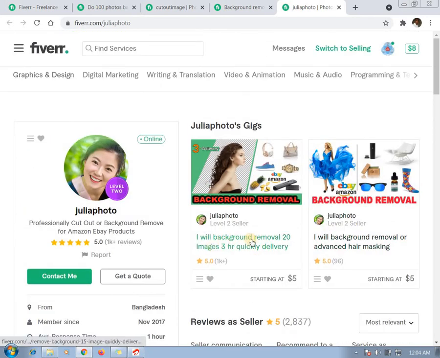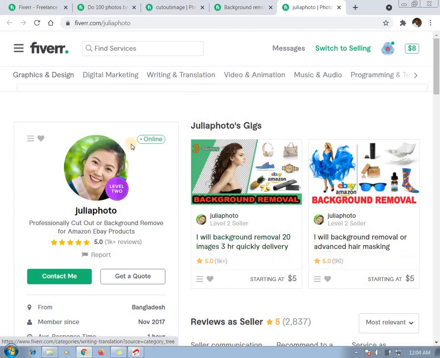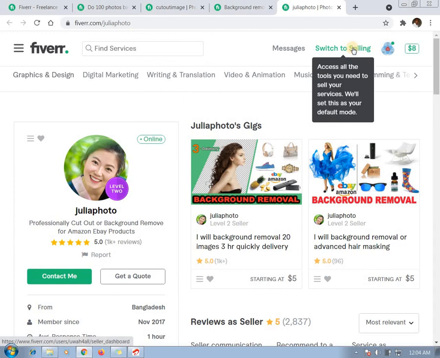He has just 2 gigs here. One is background remover, just straightly on background remover. The other is remove background of advanced, just straightly. He just has these two and does all the rendering. From here you can see, that's all, just the trick. When you want to set up your profile, make sure you look at how others are doing theirs. And if you can't do it on this, when you are setting up your profile, make sure you check on others who are doing well in the field. Check how they set up their own.